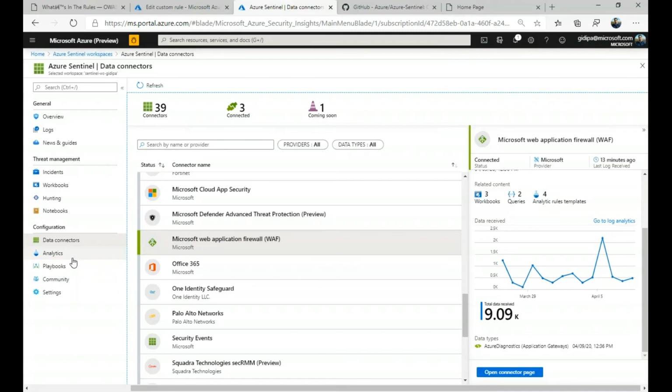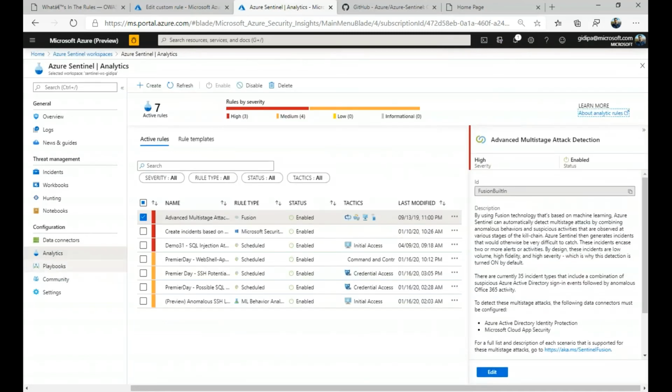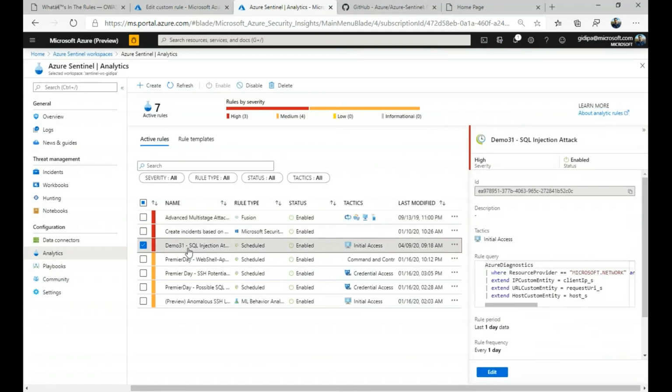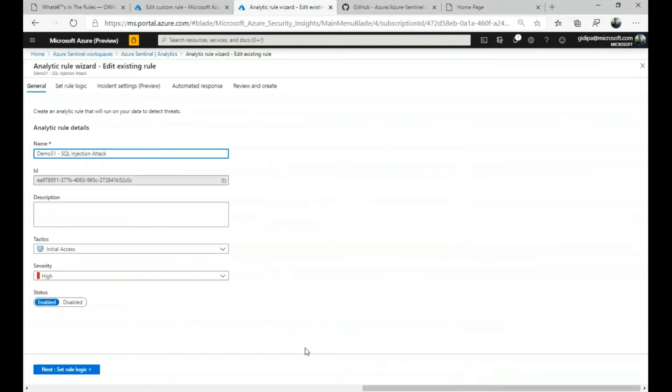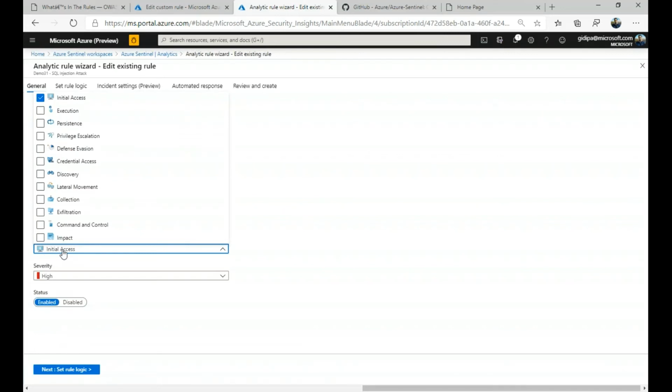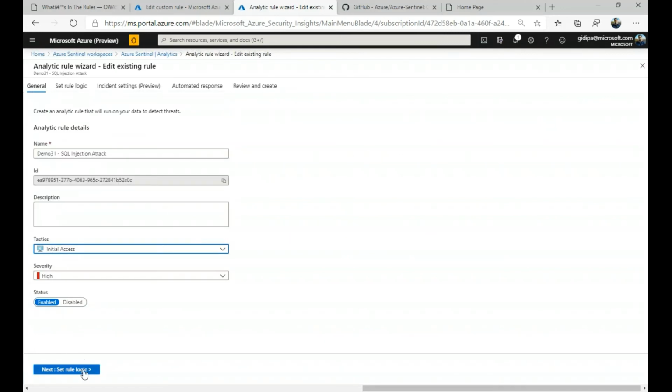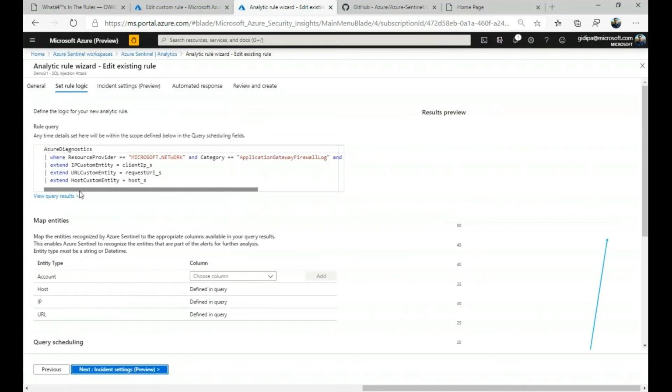Then I have built a specific rule for the SQL injection. I'm going through it to show you something. So SQL injection attack demo 31, severity high, the attacks which reflect the MITRE ATT&CK framework. Then set the rule logic. Sorry. The Azure diagnostic is the table which stores the data of Sentinel, and where I can find this message inside the firewall log,